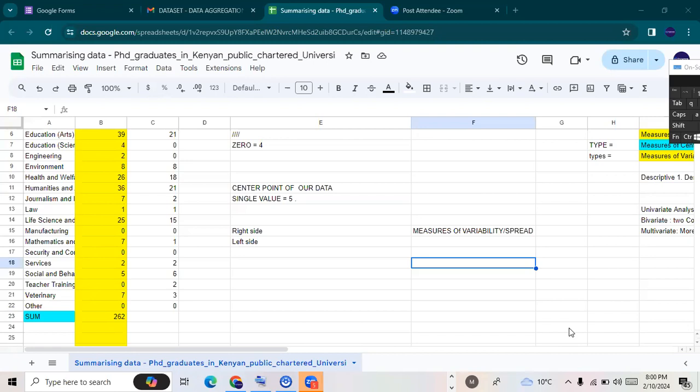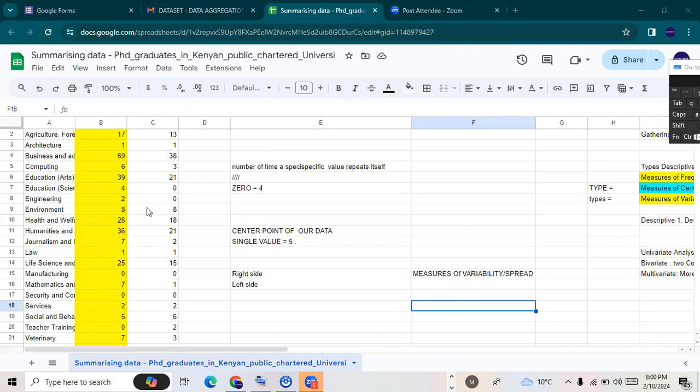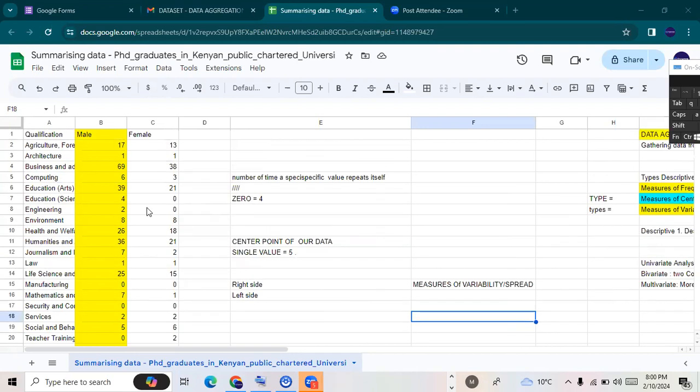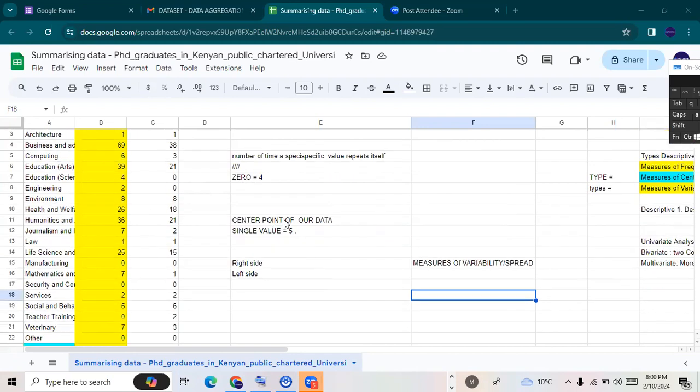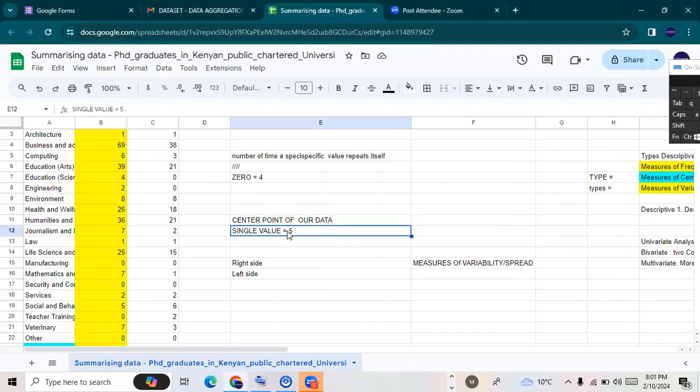Okay. So knowing what is happening at the center of your data, you always look for a single value. If it is numbers or quantitative data like this, we are only going to look at a single value. And this single value is going to speak to us statistically, mathematically. We are going to look at how it speaks. And after we've been able to identify that number, or data point,